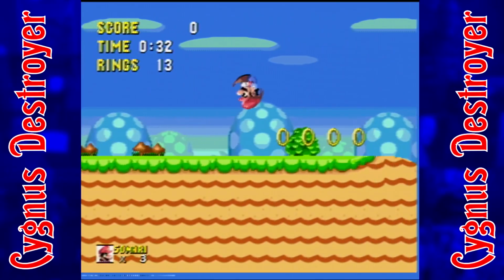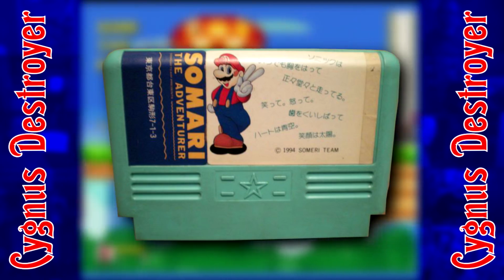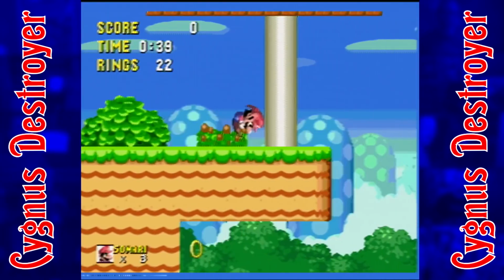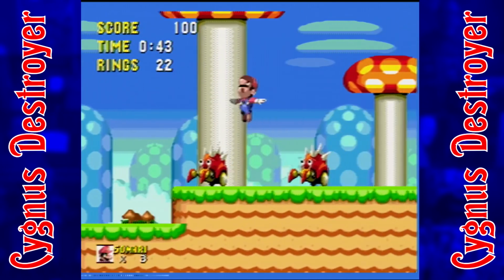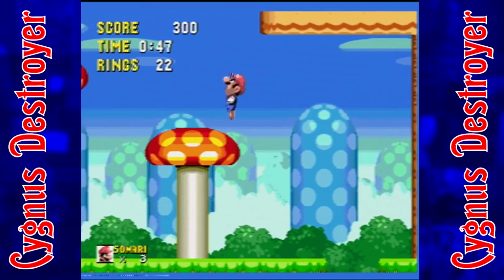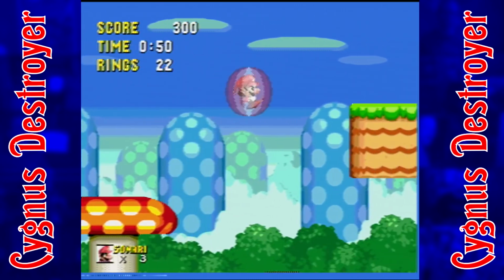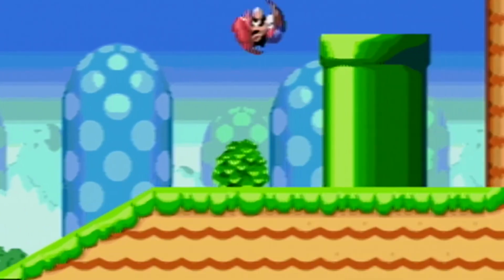Somari the Adventurer is essentially a Mario and Sonic crossover that derives from a pirate Famicom game. In typical Mario fashion, the journey begins in the Mushroom Kingdom, complete with a Genesis rendition of the famous Koji Kondo tune. But he enters a pipe upon finishing the level, and...